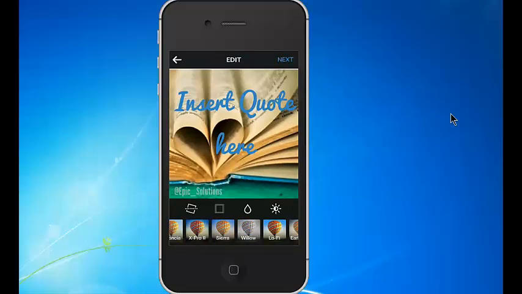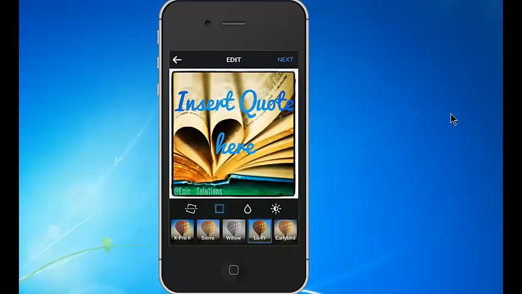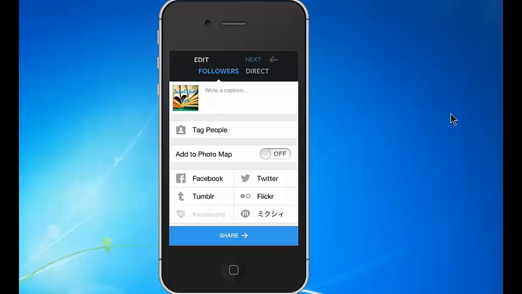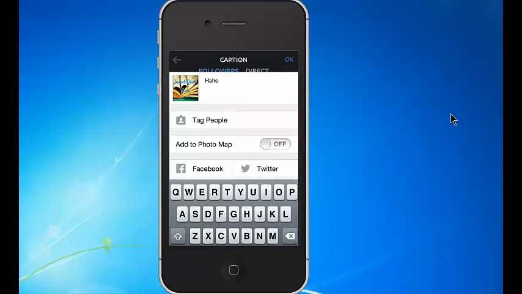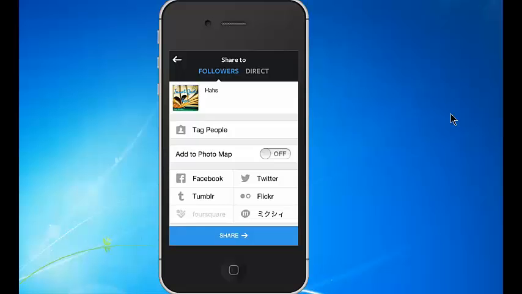I tend to like the lo-fi ones where it has a little border, but you can make sure that, like I said earlier, your edges don't cut off your quote. So here it's a little cut off. You can always go back and redo it, or just make sure it's a little away from the border, or just don't do a border and add it that way. Then you click next, add a little caption. I'm not going to save this. You can also add here if you'd like to